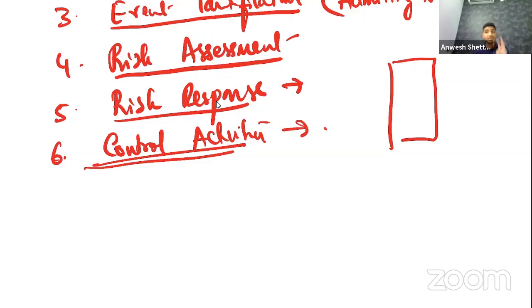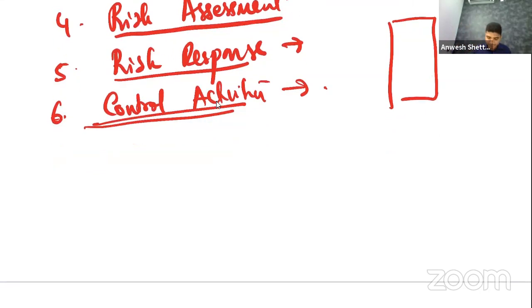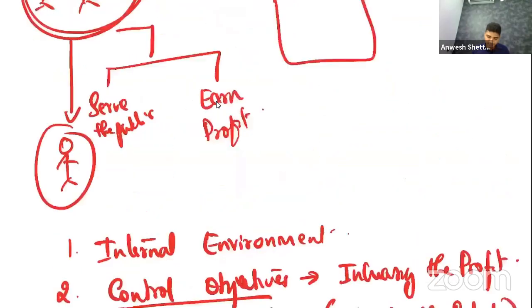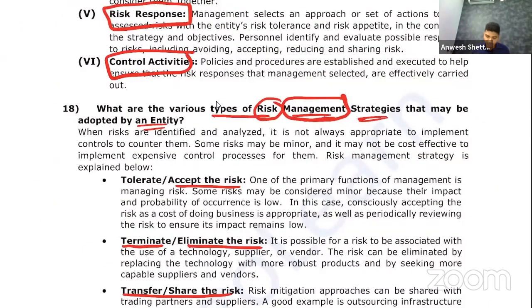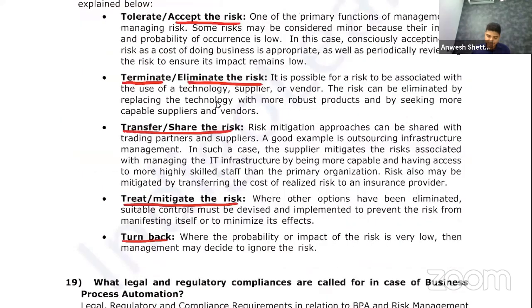The controls could be, as we studied in the third chapter, preventive control, detective control, or corrective control. In this situation, it is going to be preventive control. That is, you are going to prevent the patient from entering the hospital unless they pay the fees. Now, the question ends here. That is control activities. Actually, the next step is